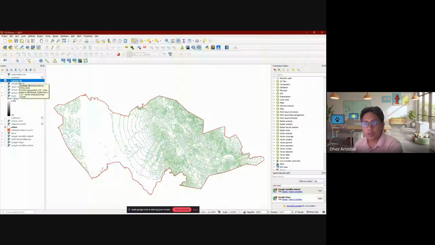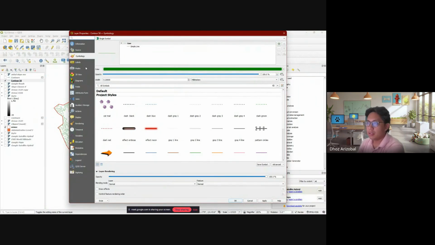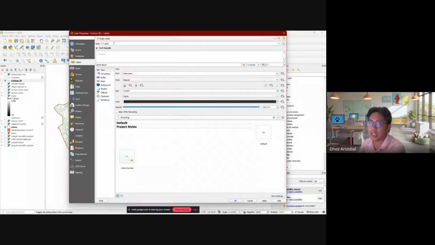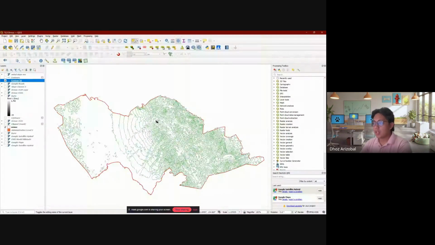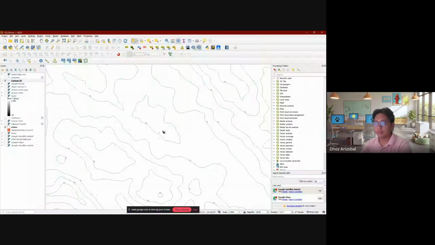So normally contour maps will have labels. You right click on contour and go to labels and set to single labels. It's just elevation that you choose. And then you can choose what you want on this. So now you'll see the values of your contour.